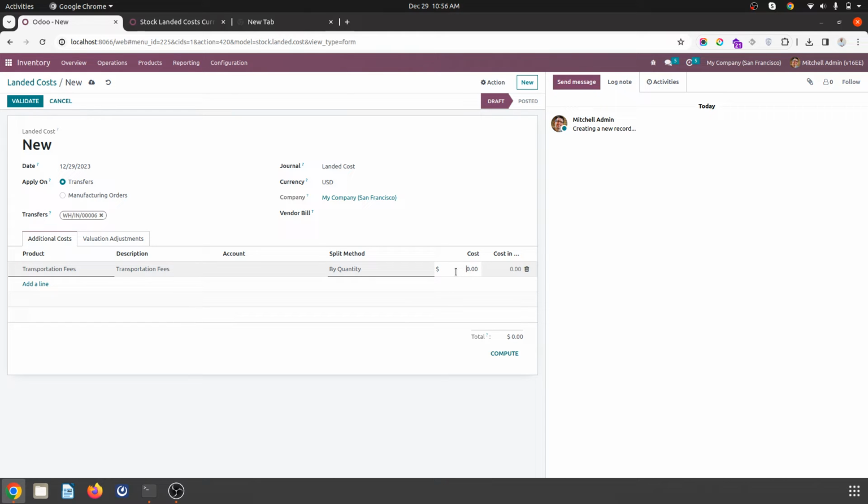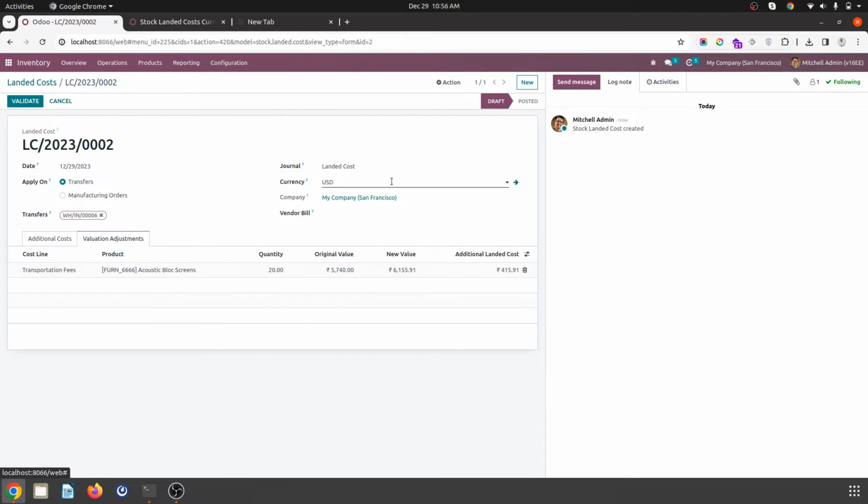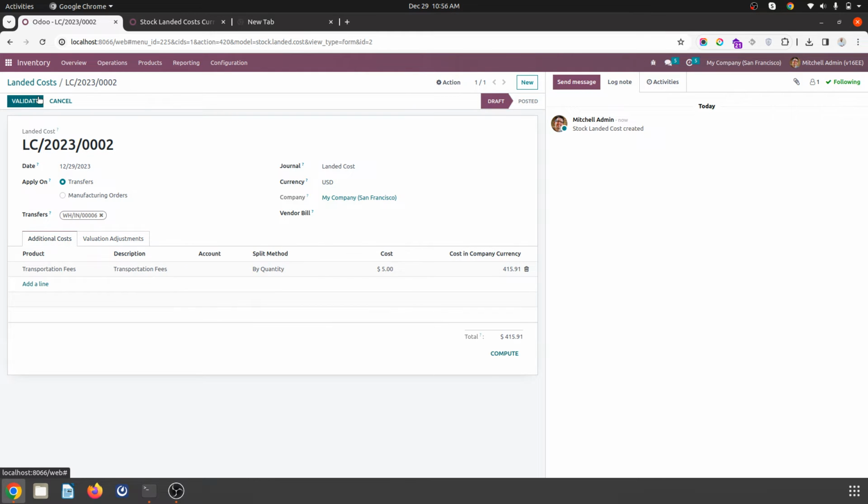Here, say it's 5. According to the latest currency conversion, you will be able to fetch the other currency and its conversion in Indian rupees, which is my base currency, and divide it with the quantity base method. So once you validate,